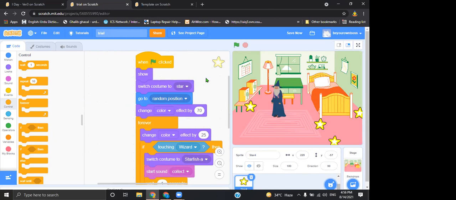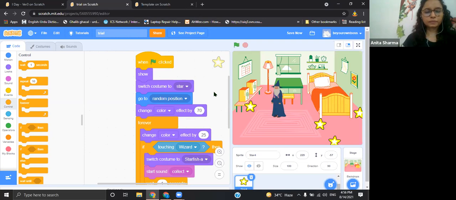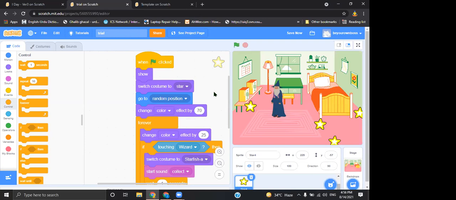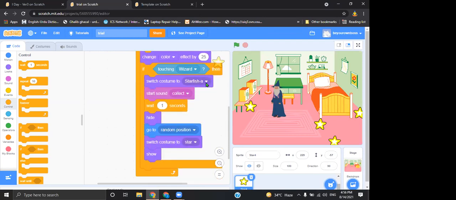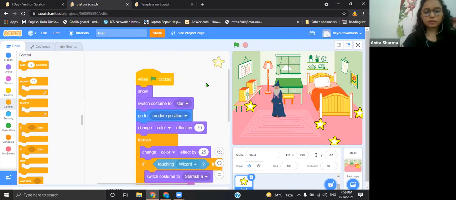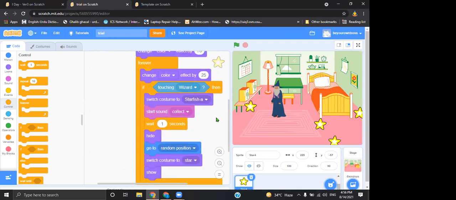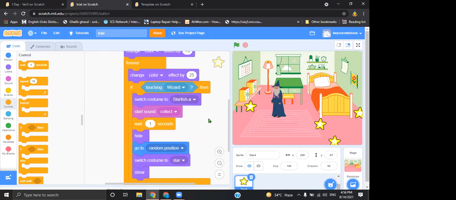One more question. When I make the wizard go on the stars, if I go on all the stars, they become like my ball. All the stars? Yeah, one just keeps on changing into the ball.